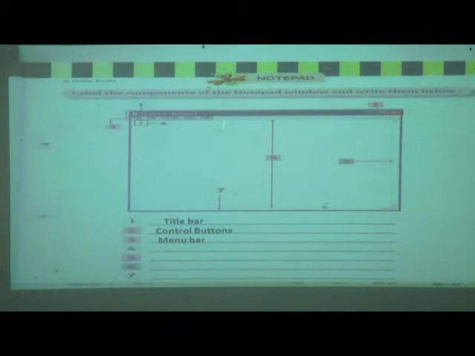It is cursor, C-U-R-S-O-R, cursor. Fifth number, it is the writing area. What do you call that writing area? Text area, T-E-X-T, text, A-R-E-A, text area.